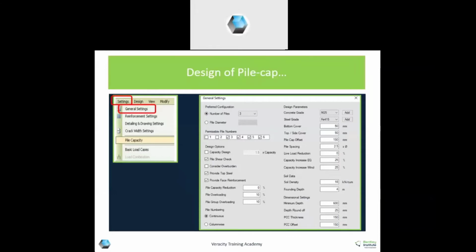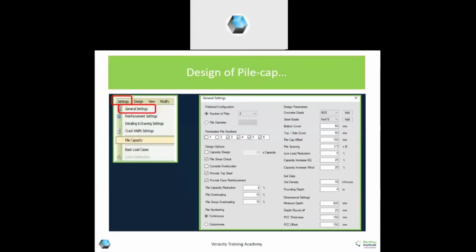Design parameters. Here you can choose concrete grade, steel grade, cover: top, bottom and side, all covers you can choose. Pile cap offset. This offset is from the pile diameter. Then pile spacing. Generally, as per our code, it is 2.5 times diameter. Then live load reduction, if you are applying any as per the code.